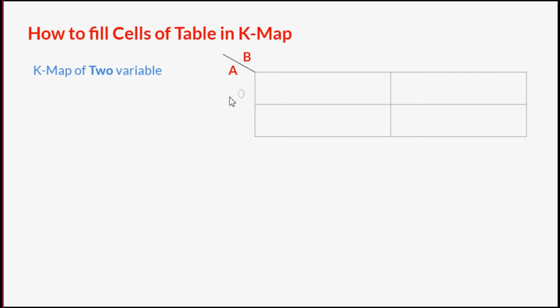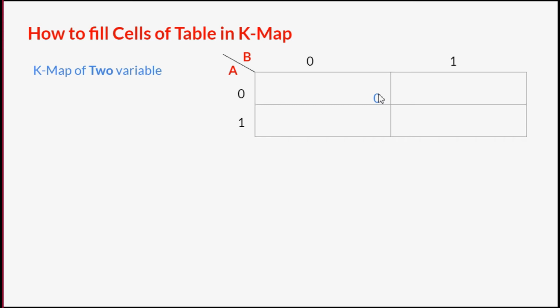Now what are the possible values A can have? A can have 0, A can have 1. Similarly, B can have 0, B can have 1. If both A and B are 0, that means I am talking about a value which is 0. So I have written 0 in this cell. In K-maps, why are we going to write down this particular number? This is the notation of K-map, that you are supposed to write this number at the bottom right corner of the cell. This is the rule of K-map.